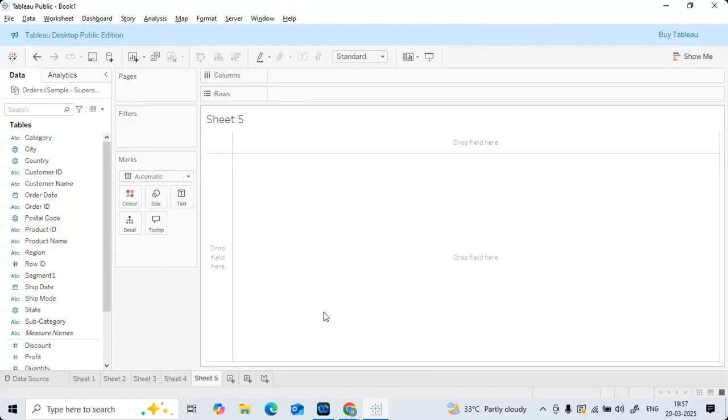But in Tableau, only one visual per page. If you want to create one more visual, again you need to go to the next page. But if you want to accommodate all the visuals in the same page, rather than selecting this option, new worksheet, you need to go with this option called new dashboard. Clear? First thing first, let's focus on new worksheet only.